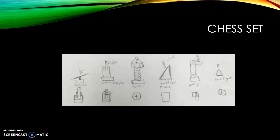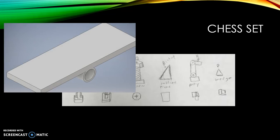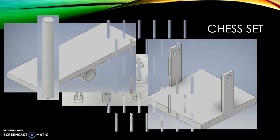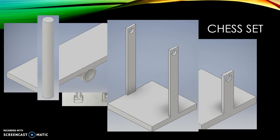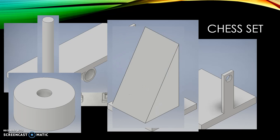After deciding what I want the pieces to be, I then started to model them. These are two pieces for the king. Here is the third piece, the axle, the hinge part. And then this is the base of the knight. Here is the wheel of the knight, the bishop,